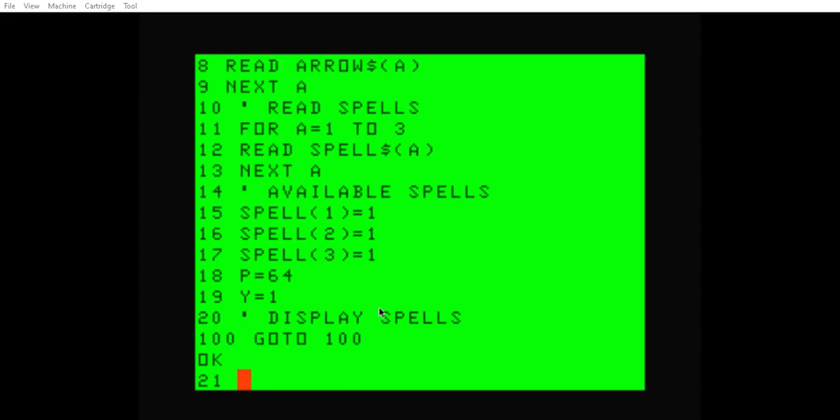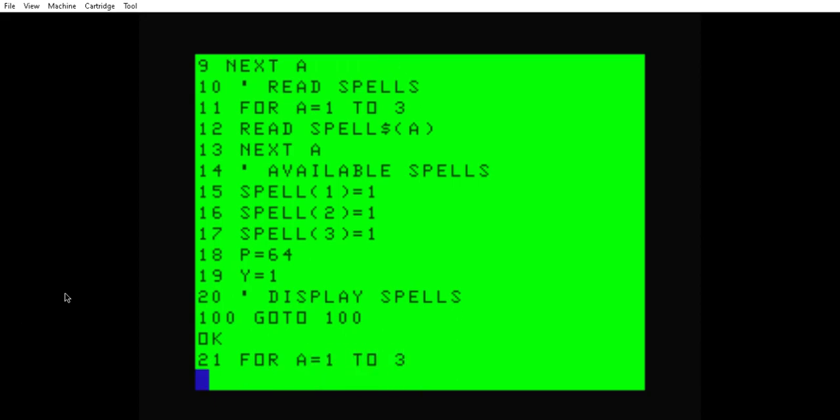So we know that there's 3 total spells, but we don't know if they're all available or not. Okay, so this is how the computer finds out. It's just the one line here. So we're going to say if spell A, and if spell A equals 1, so all of these do, alright, then